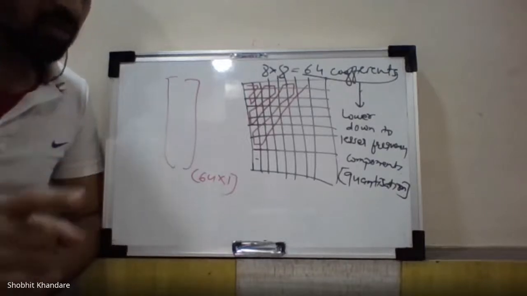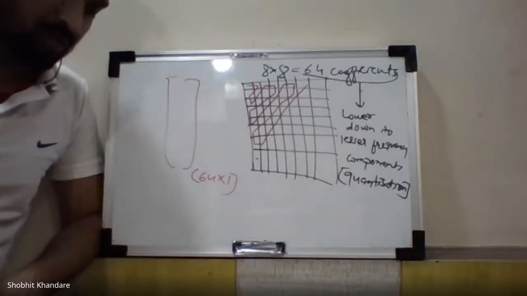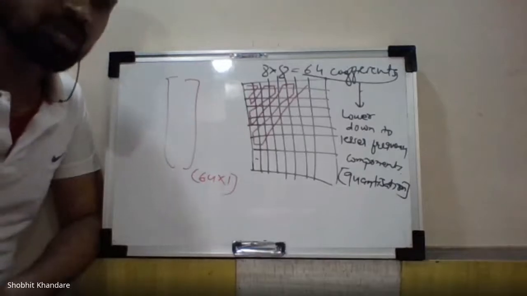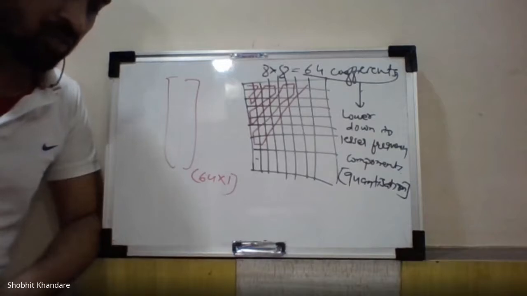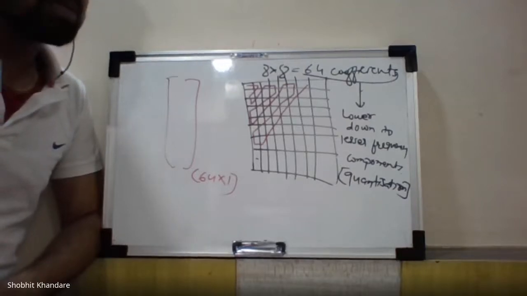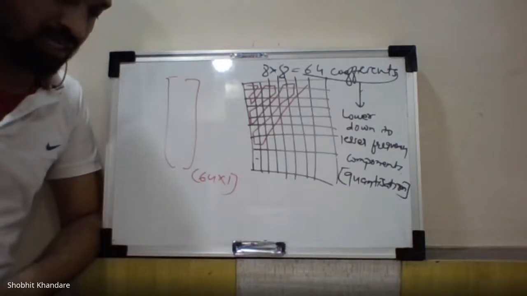Then what is the next block? We have the entropy encoder. We have already seen this entropy encoder. The example is Huffman coding. You can just write down: the entropy encoder implements lossless encoding